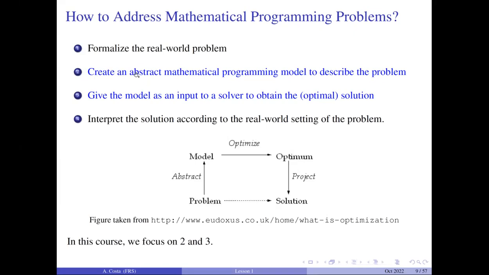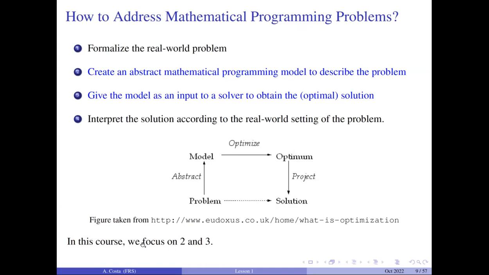Why? Because again, in point 2, we have an abstract model. So we get a solution from our abstract model, and then we need to see if this makes sense when we apply that in the real world problem. Because maybe we had some simplification or some assumption, we need to do sometimes a kind of adjustment of the solution to make it relevant for the real world problem we are studying.